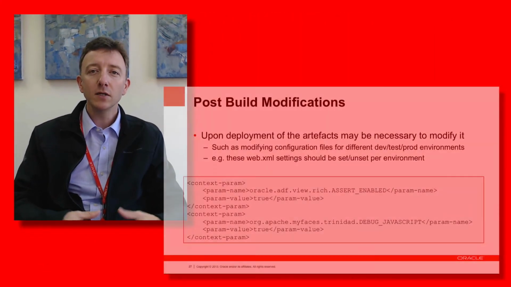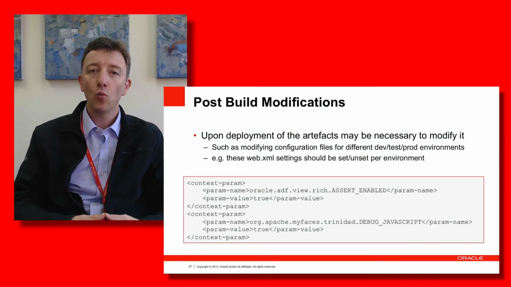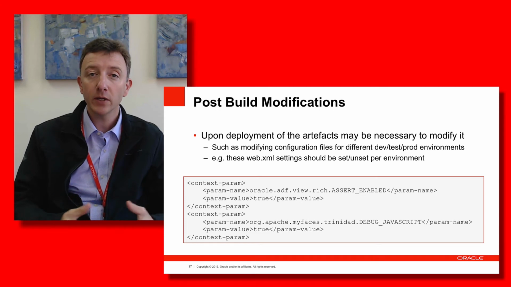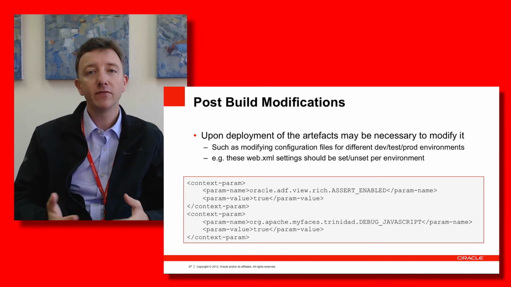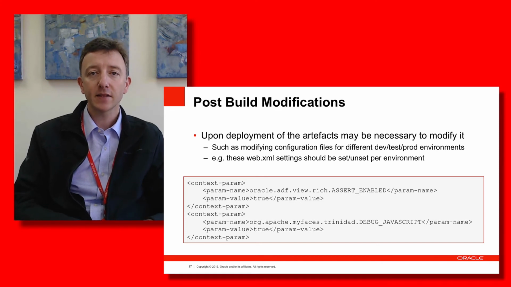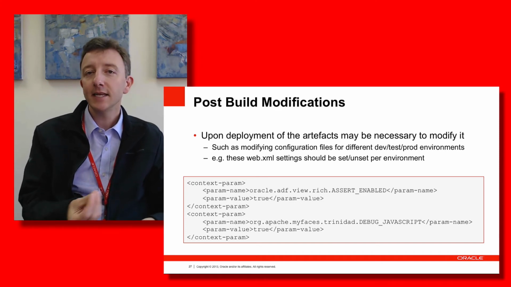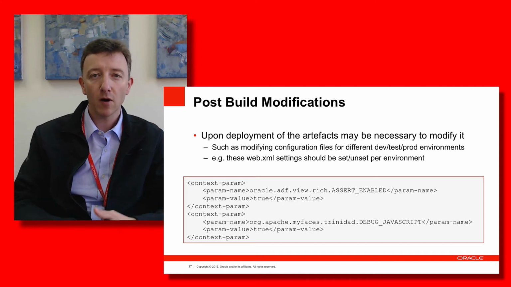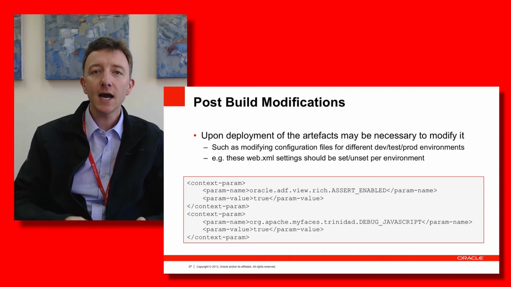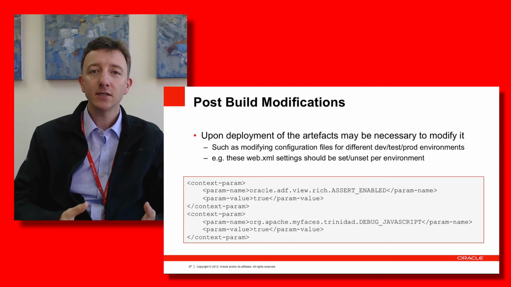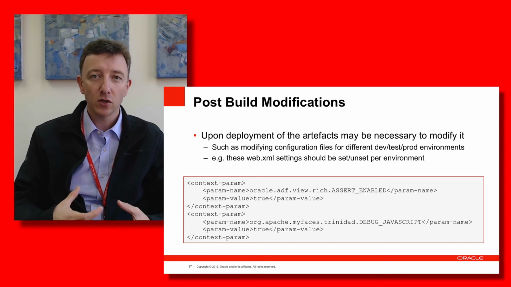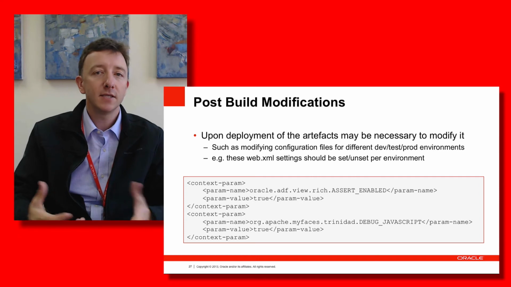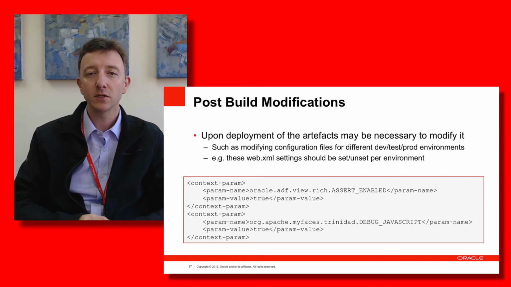For example, in the context of ADF applications, the web XML file has a number of context init parameters that should have different values for dev, test, and prod. Now, that end artifact that you generate, the ear, has no knowledge of whether it is going to be deployed to a dev or a test or prod environment. So in this regard, you may need some sort of mechanism in order to modify those internal files